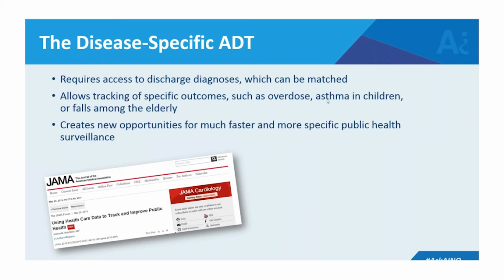And if you think about these different topics, overdose has a lot of implications. If you can identify places where people are being seen, there are programs that emergency departments can do, and health departments can work with emergency departments to do, that can significantly lower the rate of relapse. Asthma in children, you could look for community hotspots and go to those places and see maybe there are problems with pests, problems with